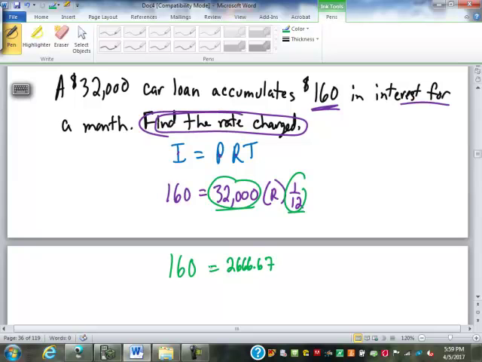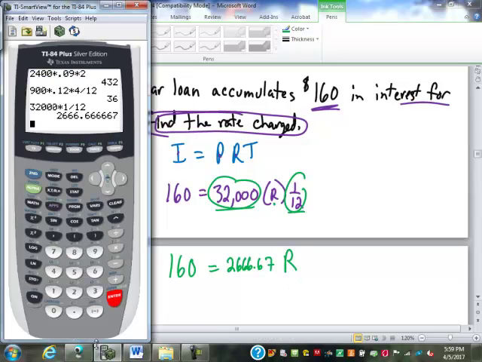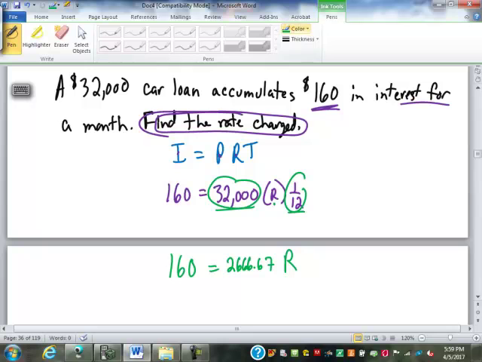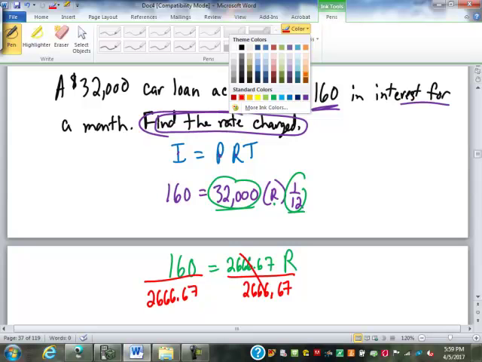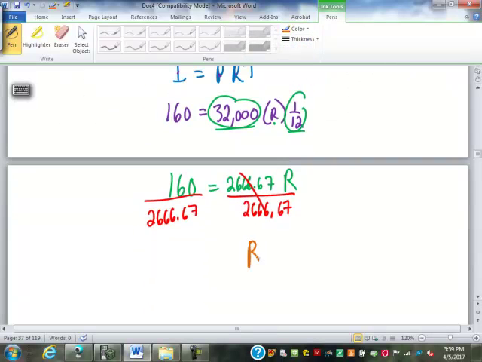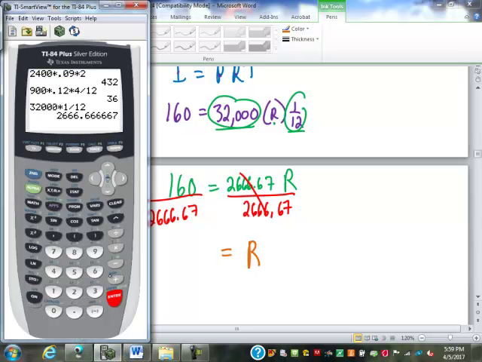I'm going to write it down for right now as 2,666.67. That's still times R, because we're looking for R. But notice I did not clear my calculator, and I'm not going to clear my calculator. To solve this now, we have to divide by that 2666.67. That's going to leave R by itself. You're not going to clear it at all. You're just going to leave that there. You're going to type in 160